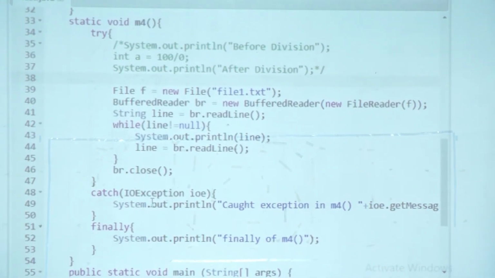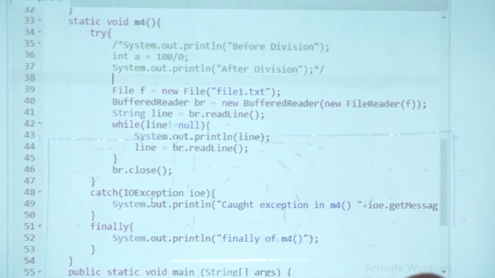So will M4 compile? Remember, with checked exception, what is the thing? Either you have to catch them or report them. I have caught it in M4. So I have fulfilled the condition. So it should compile. Correct?